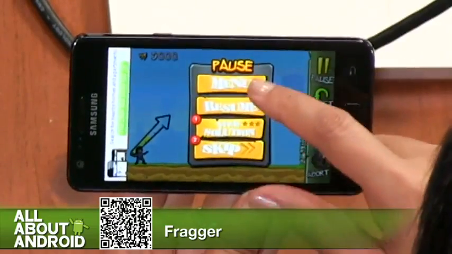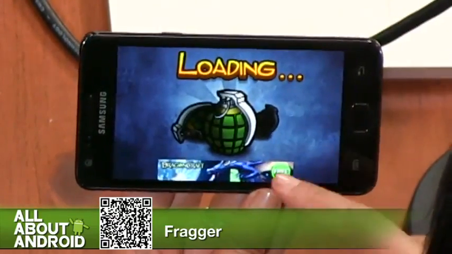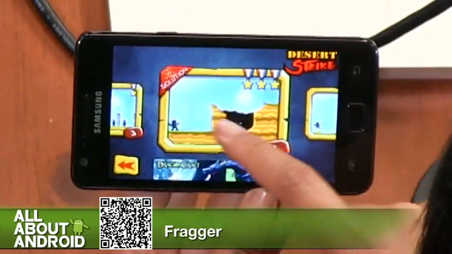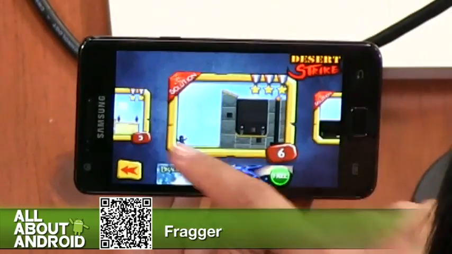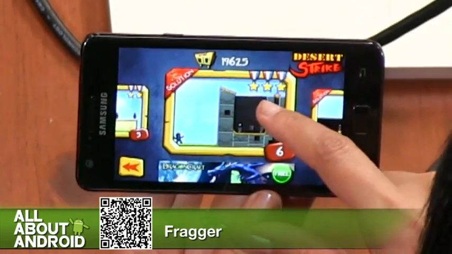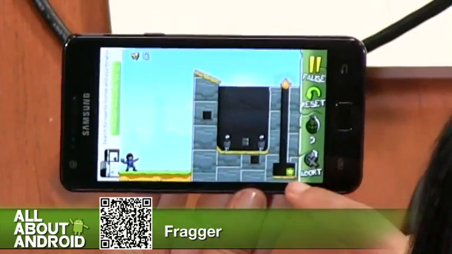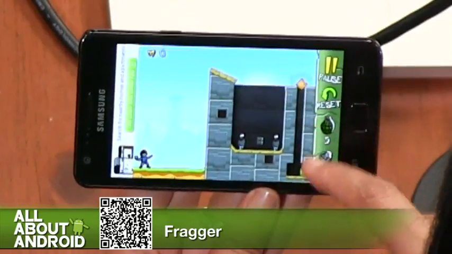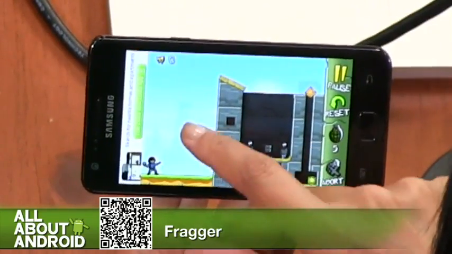Let me get out of here and show you the menu. Some of the other levels are a little bit more challenging. Like you can earn extra bonus points if you shoot the bomb. I don't think I got this one. So if you shoot the bomb in here, you get extra bonus before killing the enemies here.